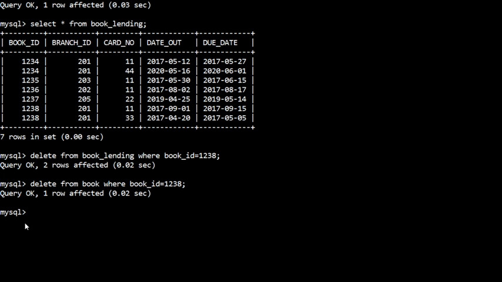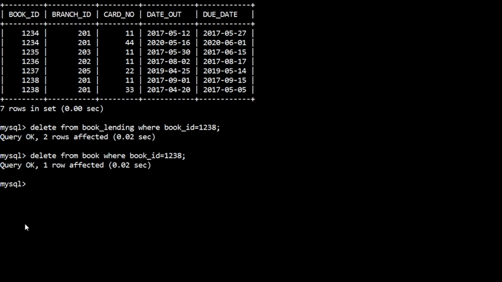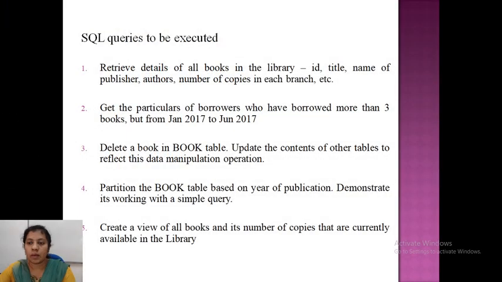Okay, then what is the next one? We'll see the next one. The next query says partition the book based on year of publication and demonstrate its working with a simple query.